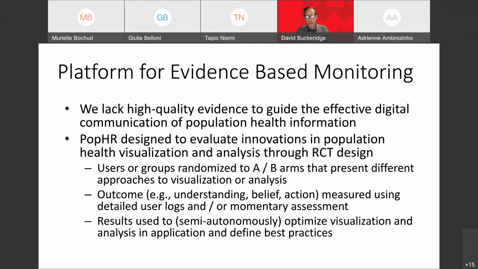So first of all, I mentioned this very briefly before, but we were concerned by the lack of high quality evidence in the literature to guide the effective use of digital communication to communicate population health information. There really is not a lot as far as I can see. And so one of the things we wanted to do in this project was really engineer this platform we're building to allow for essentially randomized trials of presenting different types of information or information in different ways to users and